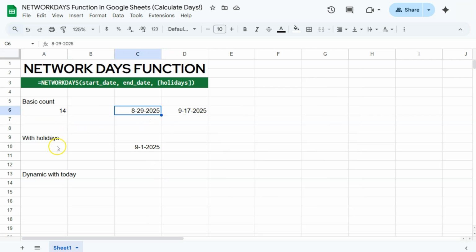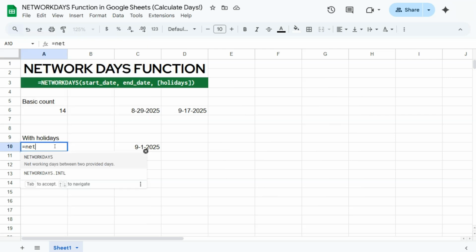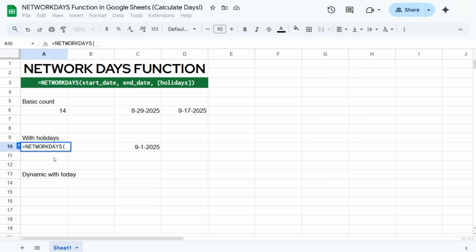Now let's try and skip a holiday. I want to skip this holiday right here, which is September 1st. Now with our formula, you can also hard code your dates. That's totally up to you. If we try it right now, type in NETWORKDAYS. When you put in your dates, remember to put them in quotation marks. So that's